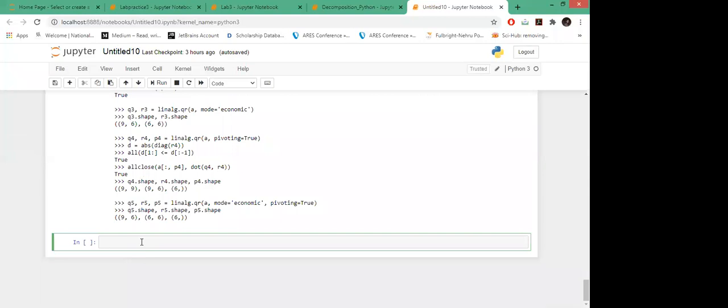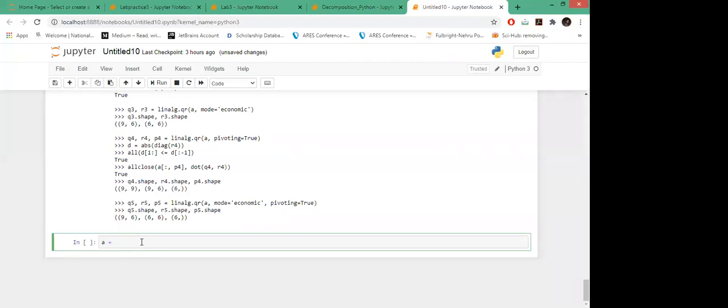Then let us now come to the main one, which is singular value decomposition. Let me just define a small array. In singular value decomposition, we factorize our matrix with the help of the singular values. First of all, you need to know the singular values are the square root of the positive, or we can say non-negative, eigenvalues. So the square roots of all the positive eigenvalues of a matrix are the singular values.